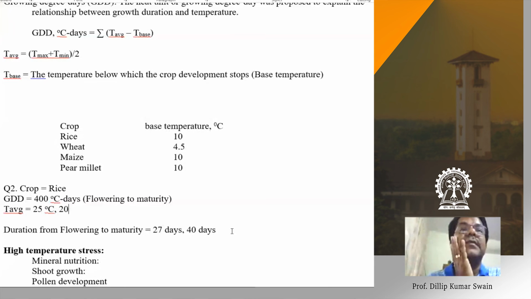So will it be subjective? Not subjective, it will be objective, and also writing. This type of numerical I'll be putting, so you have to write the value. Whatever numerical I have covered, we'll put some numerical, so you have to calculate and write the value. No option will be given for the numerical. You have to write the correct value, and there are multiple choice questions as I did earlier. You'll have multiple choice questions, and something you may need to write in words only. So it's a small objective test, no subjective.